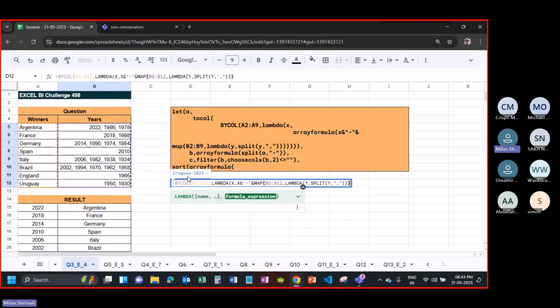So you can see, we have years comma separated and winners repeated only one time, like Argentina is repeated only one time and years are repeated three times. So I have to dynamically create a range in that way that I can get the data for every year against every winner. Here you can see I have split the cell using the MAP function, and now I have concatenated it with the winner, the team part. Now if I just press enter,